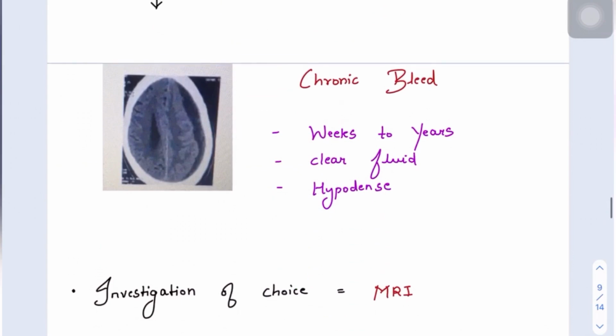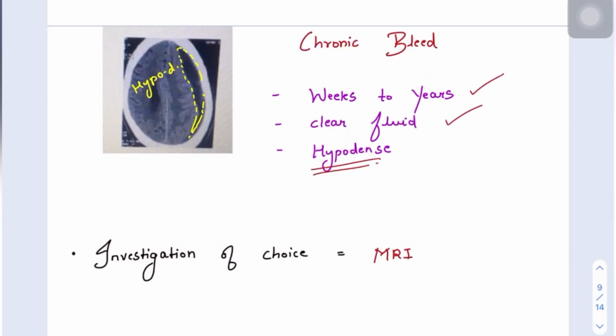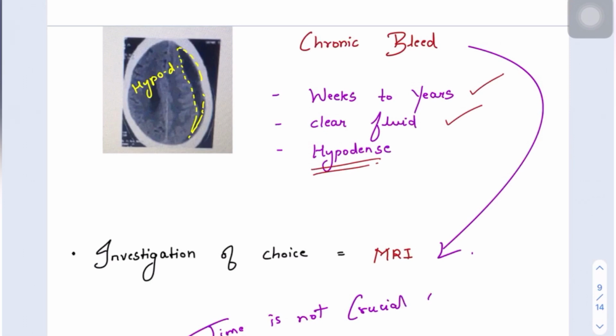In the third stage, you can clearly see the hemorrhage is in dark color, which is known as hypodense. Okay, so we can say it is chronic bleeding and it occurs from weeks to years, and the clear fluid is present and it is hypodense. And in chronic bleed, the investigation of choice is MRI because time is not a crucial factor. Okay,